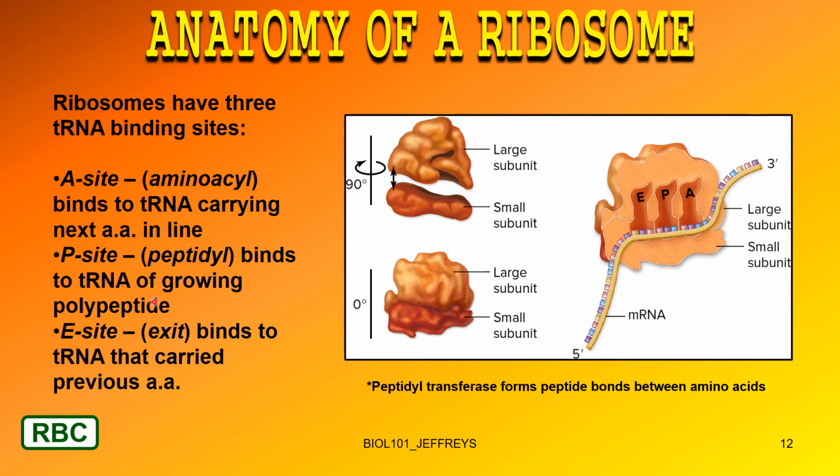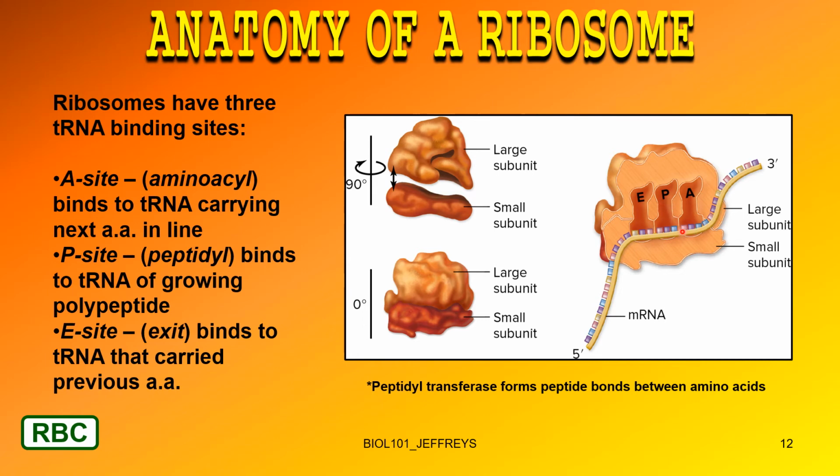So the growing polypeptide will end up on the P site. We'll see the process in a minute. It will end up on the P site, so that the new amino acid coming in on the A site then can link up to it. And then the E site is called the exit site, and it binds to the transfer RNA that carried the previous amino acid. So as the process goes along, as the ribosome moves along the messenger RNA,